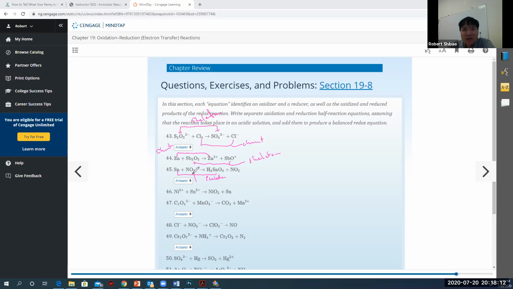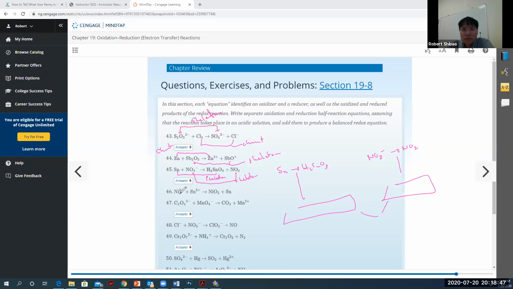And then nitrate going to nitrogen dioxide. This has got to be skeleton too, because on our chart, we have nitrate going to nitrogen monoxide or nitric oxide. That's on our chart. And so this is a case where we have both skeletons. So what you do is you split it up. The tin goes into H2SnO3, and then the nitrate goes to NO2. And so we balance this one out, we balance this one out, and then we combine the 2 halves once we're done. Combine those.